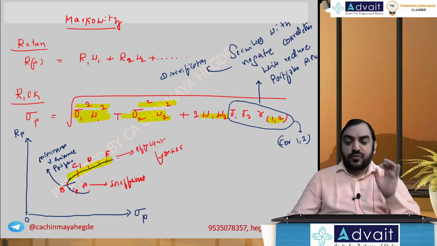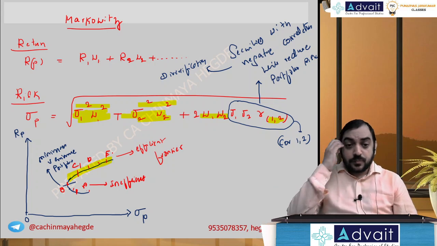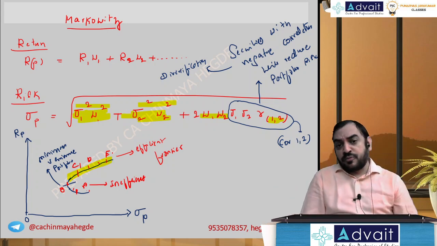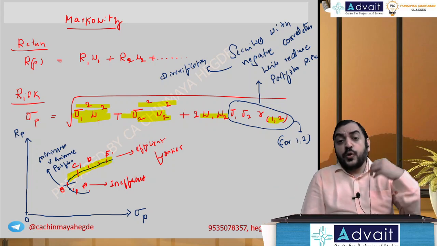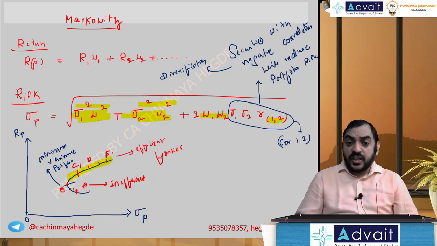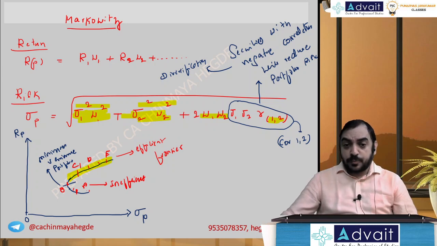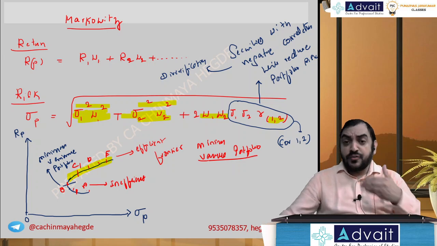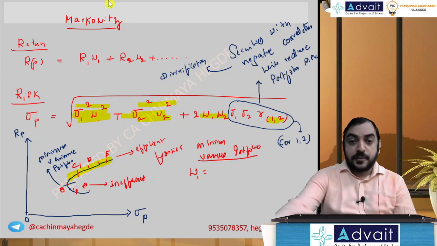B, minimum portfolio variance. And we have a formula for minimum portfolio variance. If I want portfolio risk to be lowest, minimum, then I have to invest at point B, and that formula is given by that point B. Minimum variance portfolio. If you want to have your portfolio at minimum risk, then the weight in security 1 is given by,